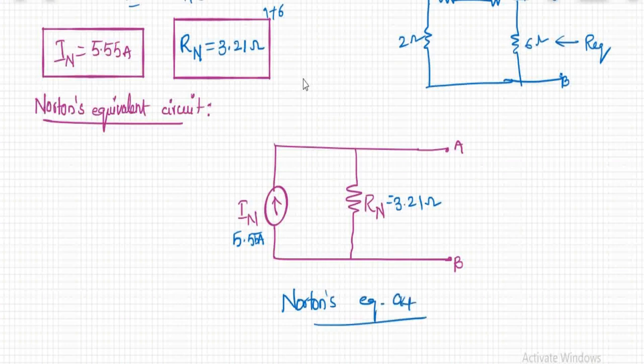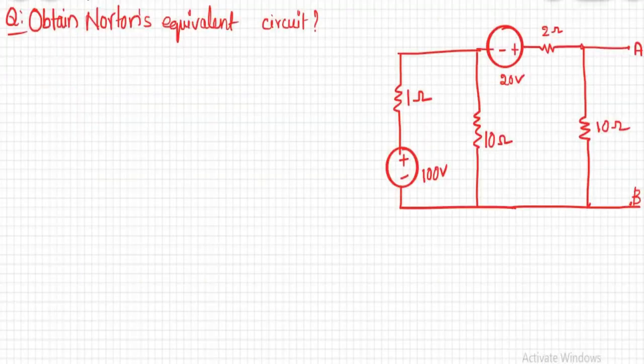Let us take another problem having dependent sources. We are going to see how the network should be solved with a dependent source. Here we have another problem. We need to obtain Norton's equivalent circuit for the given circuit between the A and B terminals. If you observe this, there are two independent sources available in the network. You will come to know how we can solve this using different theorems. Let us try to solve for Norton's equivalent circuit. We are going to apply Norton's theorem here.